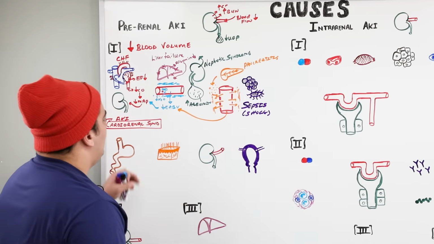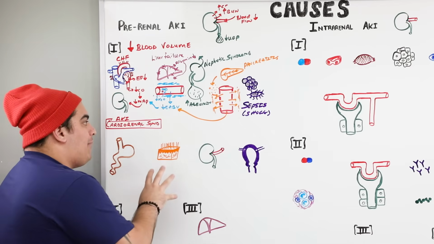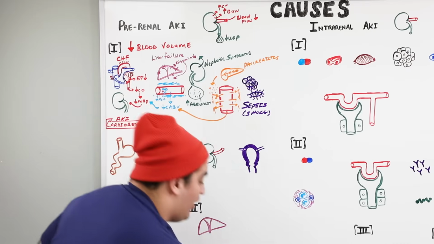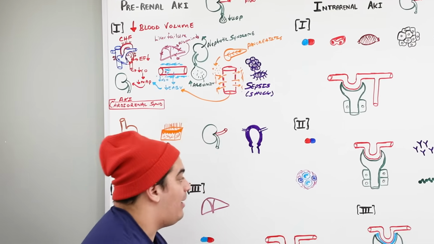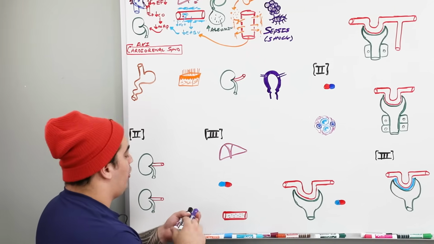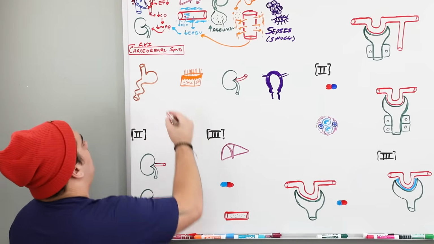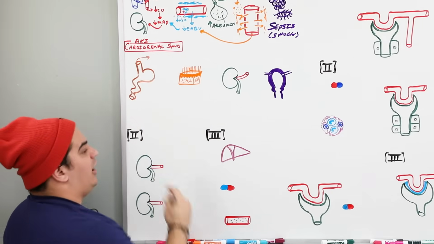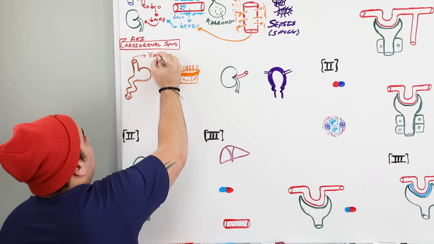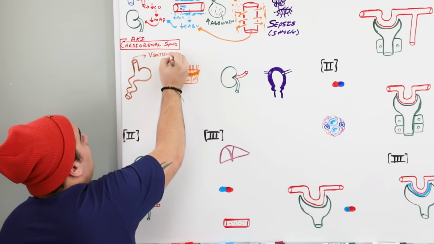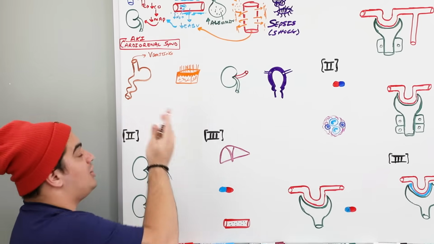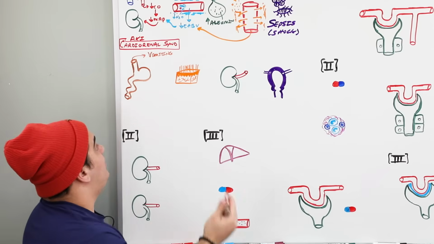Okay, beautiful. Let's talk about another situation. Now this problem is where you have a low total body volume, where you're losing tons of volume from the body. It's not actually a low effective arterial blood volume, it's just low total volume. What are conditions where this could happen? Severe vomiting, right? If you're vomiting a lot, you're getting rid of a lot of fluid that could potentially be absorbed across the GI tract. So that's a decreased fluid intake in that sense.